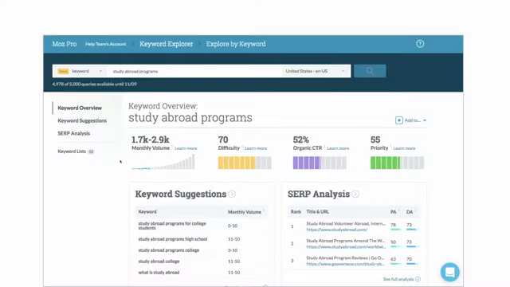You may recall from previous modules we were using Keyword Explorer. There's other tools that are out there. One of the more common ones is the Keyword Planner by Google. So you can apply these same processes to that tool set if you're familiar with it. We primarily focused on this overview section here. Right? We were looking at the monthly volume, difficulty scores, organic click-through rates, and defined what those priority scores were